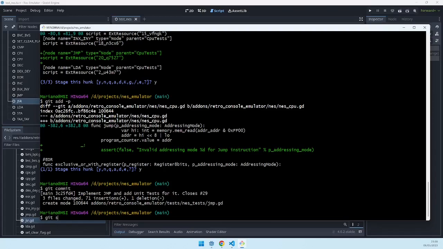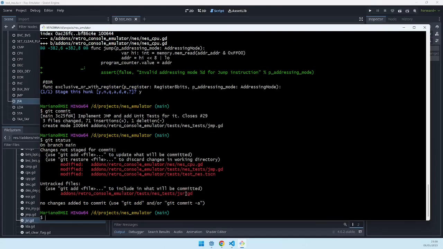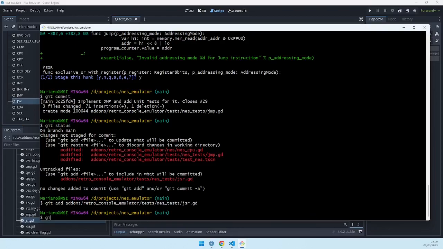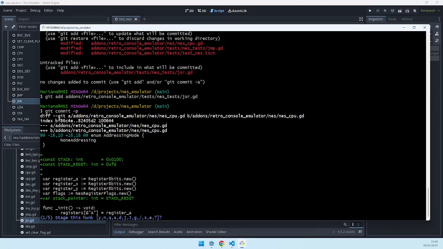And status, copy, git commit, git add a new test, git commit import. So we added our constants, initialized the pointer,